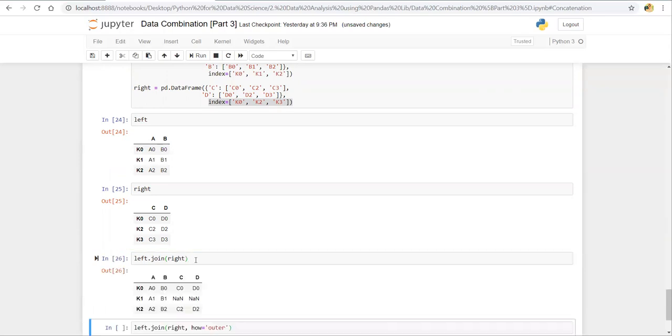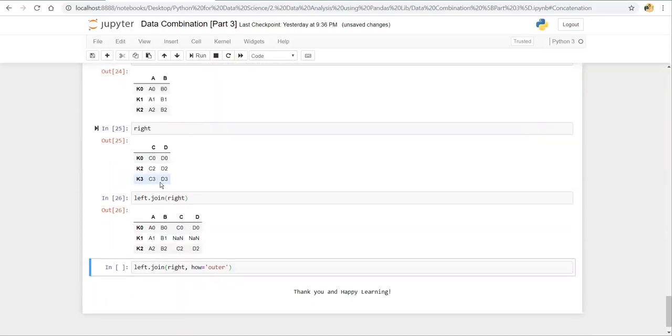In the left table, index k0, k1, k2 is present, so it returns all the values from the left data frame, and only matched values come from the right. You can see NaN here because the k1 index is not present in the right data frame.